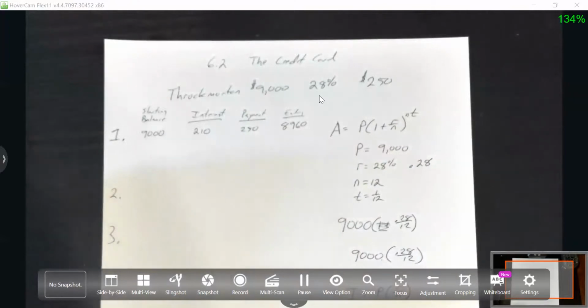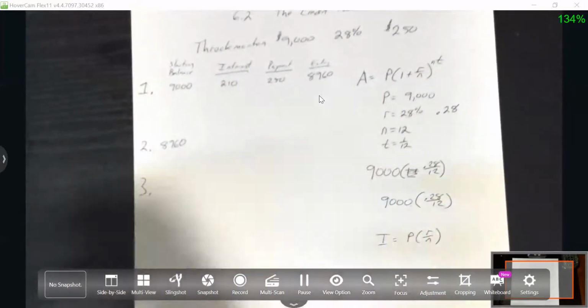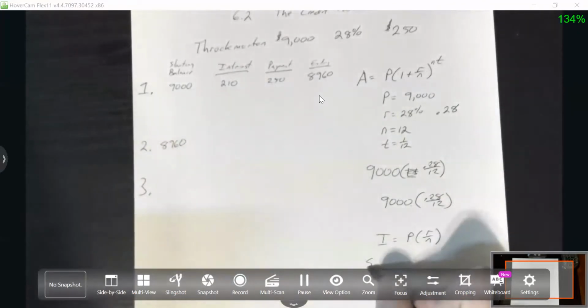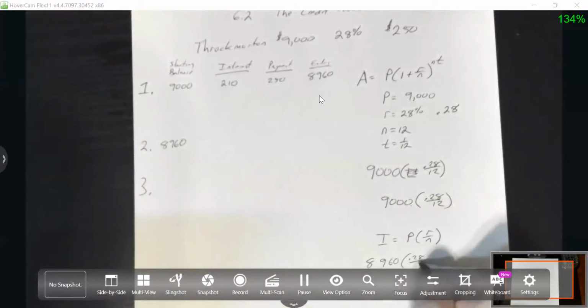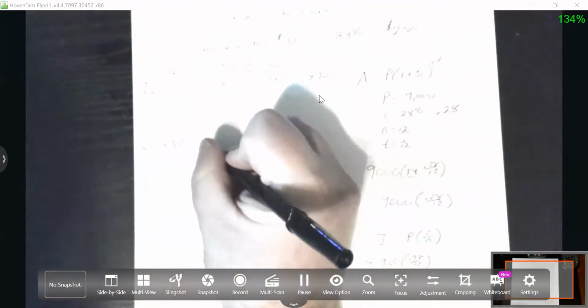Okay, we start the second month. We're actually going to carry this down to his starting amount. So starting month 2, he owes $8,960. At the end of month 2, the credit card charges him interest. So we're going to do our $8,960 times our 0.28 over 12, and we'll see how much interest they charge him this month. So 8,960 times 0.28 divided by 12. So now this month they're going to charge him $209 and